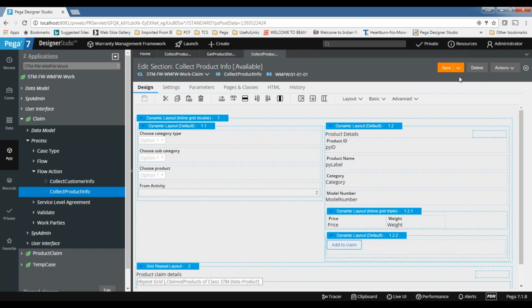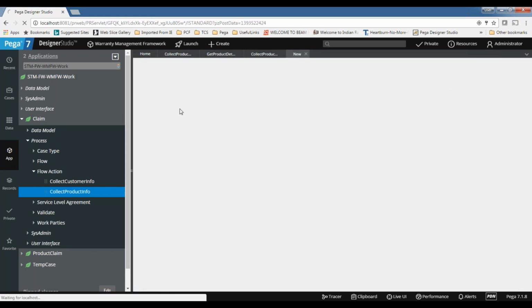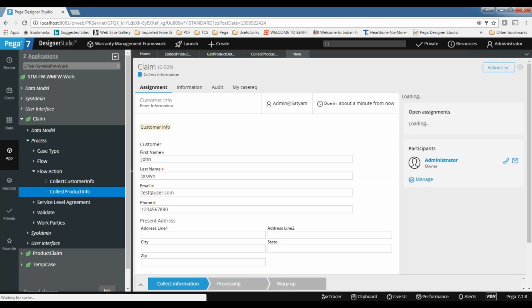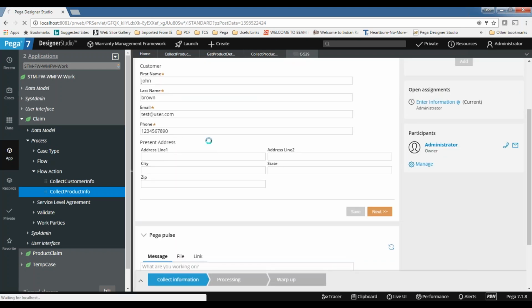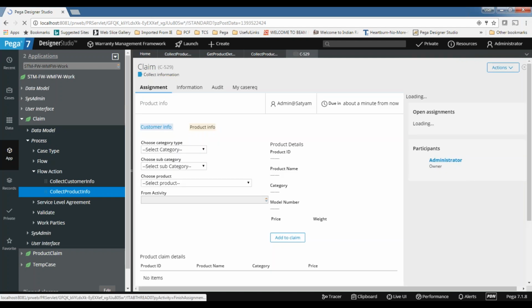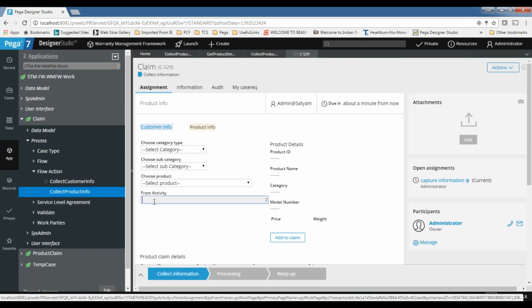Close this one, now run it again. Claim. Next. So we have seen some activity.